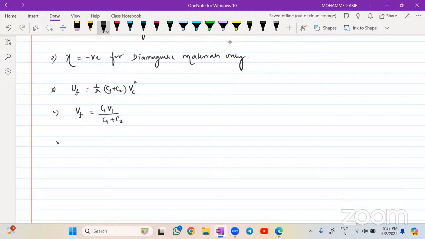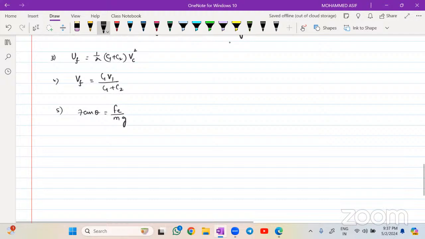Clear? यह Electrostatics में important formula है. How to calculate the angle? Tan theta is equal to your electrostatic force divided by m into g. Clear? ये फॉर्मूला भी अपने को याद रखना. इस पे एक बार NEET में क्वेश्चन पूछा गया हुआ था, so be a little bit careful related to that problem or that formula. Next one. First minima